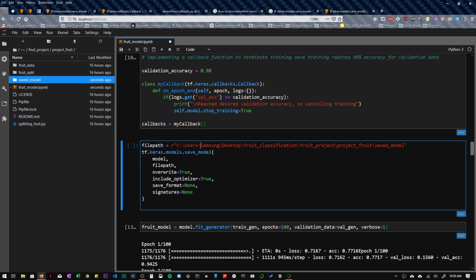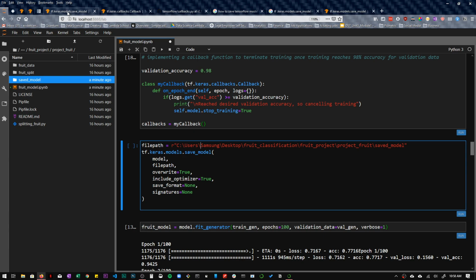All right, tensorflow.keras.models.save_model, and then we have the file path defined. Override is equal to true. Include optimizer true. Save format equal to none.